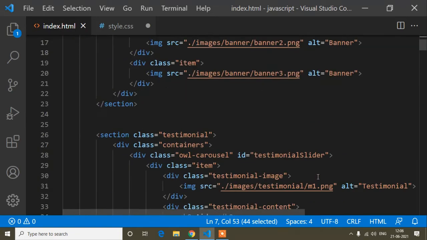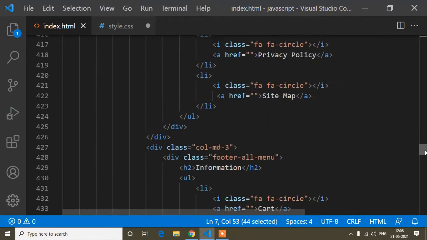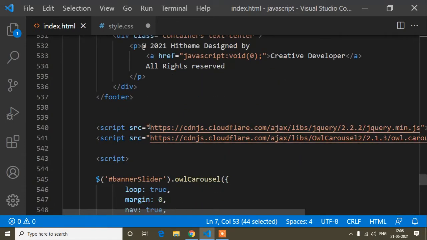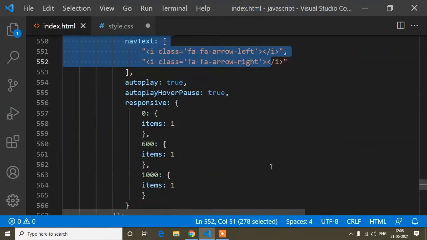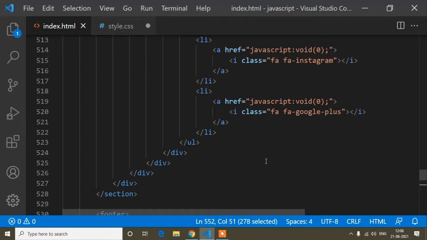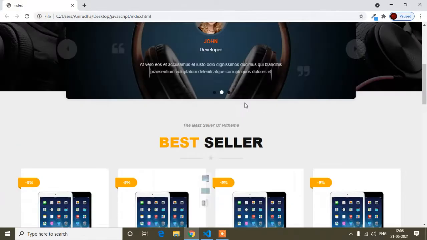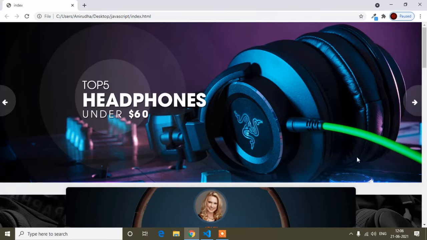If I go below the body tag, here you can see I have added the jQuery link, this one is the owl carousel js link, and this code is for owl carousel. And the html code is for this design, whatever you saw in my preview.